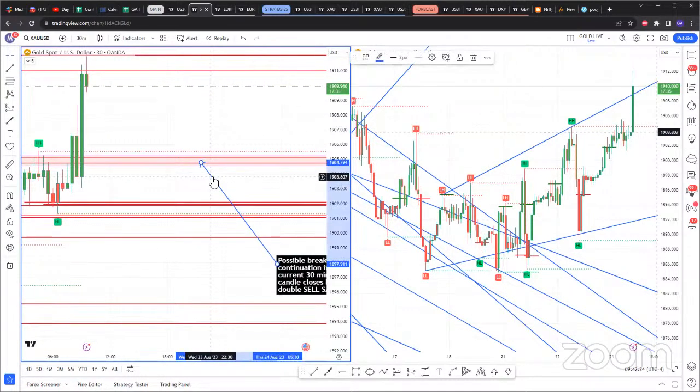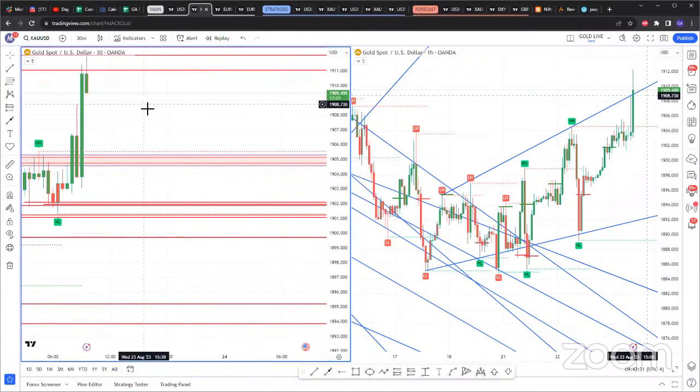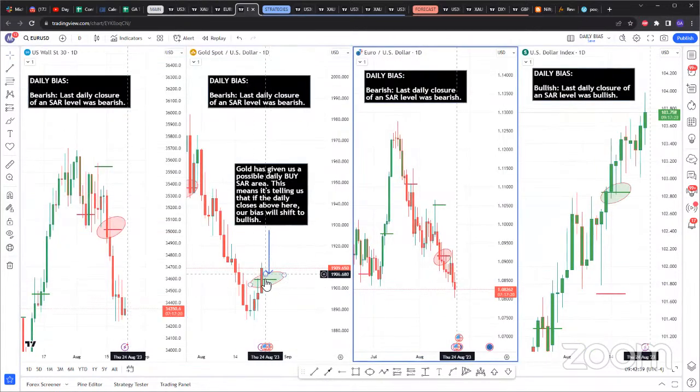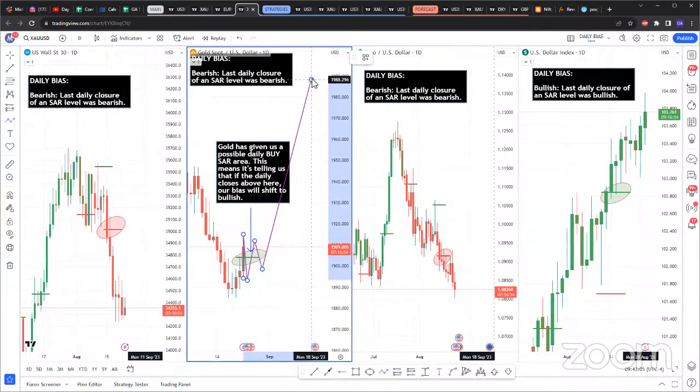So keep in mind, currently daily bias on gold is still bearish. However, I am not looking to take it, and I know gold is retesting even like triple or quadruple SARs. The red flag here is this. You should always ask yourself: if this daily closes in the next 7 hours above this buy SAR, and sure, I do anticipate some retracement on gold. Similar to here, you see how for US30, it closed below the daily SAR and also rejected, retraced before the eventual drop. So even if gold closes above here, we might get some rejection and then eventual push up.